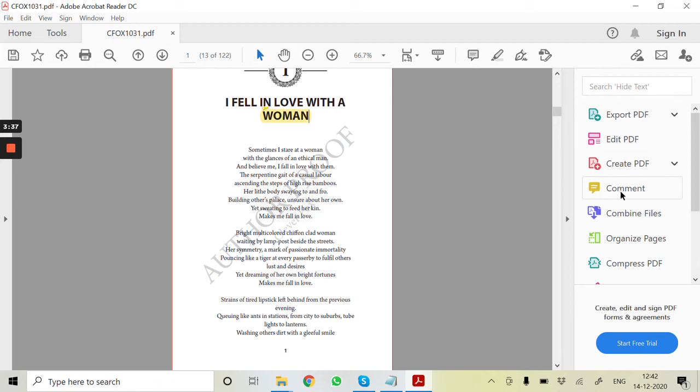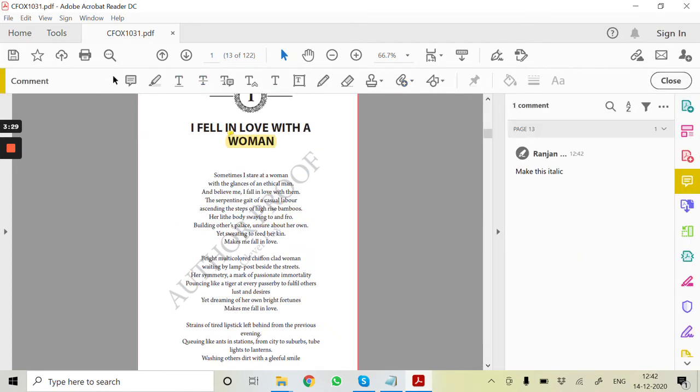Now I'll inform you this is quite easy, but we have various other tools which will help you to mark your corrections inside the file. Just click on this comment button, and after that you will see a lot of other tools have populated on your header page. Now this one is comment.